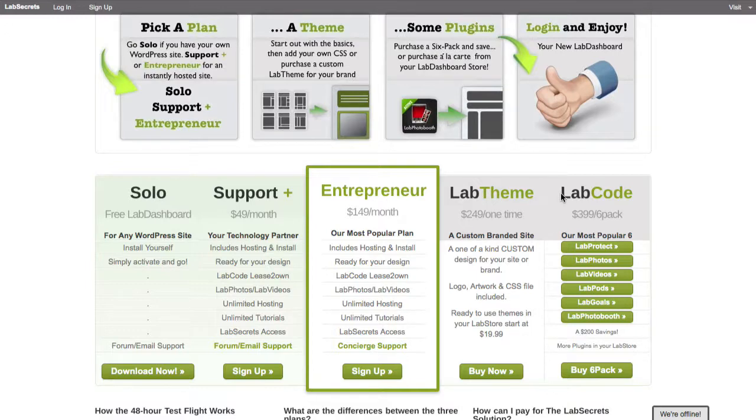Lastly, you can also select a 6-pack. We are offering a special for the Lab Code, our most popular plugins. You can get 6 of them for a total of $399 instead of the normal $99 apiece, giving you a savings of about $200. If you don't want to pick up a 6-pack right now, you can simply go ahead and browse a la carte through our Lab store inside of your Lab Dashboard